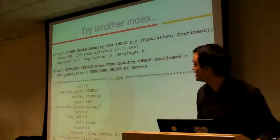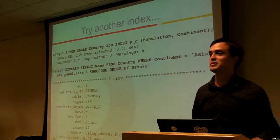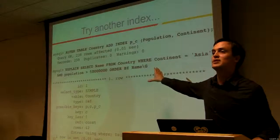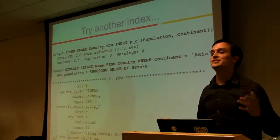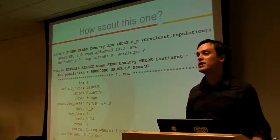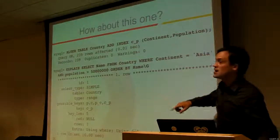All right, so I think I might speed up because I'm a little bit behind where I wanted to be. So this is a missing optimization in MySQL. It's bad, you have to live with it, sorry. The successful answer here is that if you want to add a composite index, remember, ranges to the right,